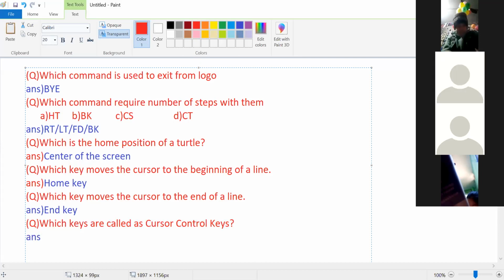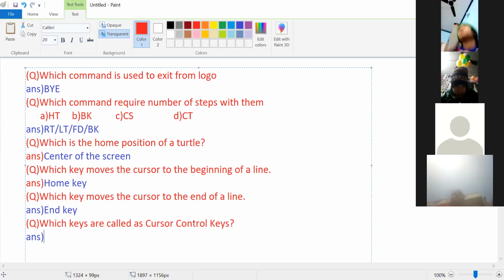Which keys are known as cursor control keys? Some students are discussing different topics, but the class is going on. Try to answer. Arrow key is the right answer. Arrow keys are known as cursor control keys.